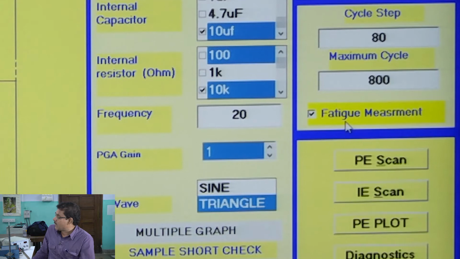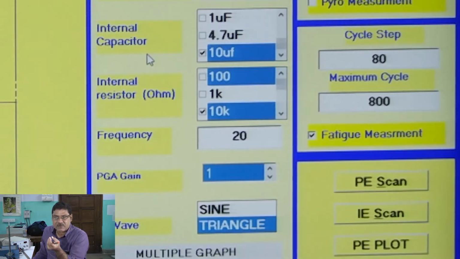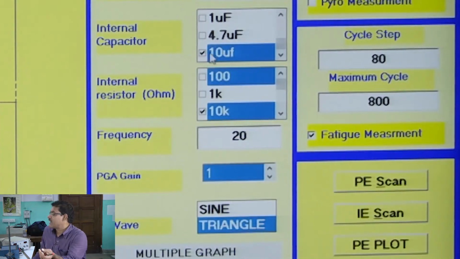So in the computer we have to give this information, and here internal capacitor, I told that in that box there is a known capacitor, the C2 capacitor. That is why it is written internal capacitor. There are 3 options: 10 microfarad, 4.7 microfarad, 1 microfarad.